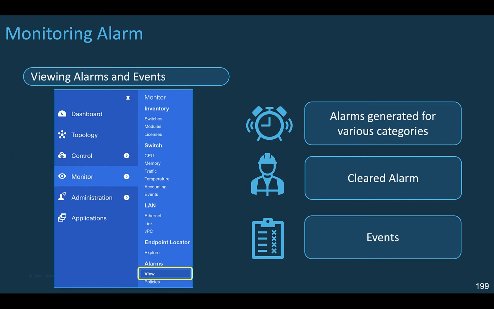For example, you got an out of sync alarm, and in the meantime, you immediately remediate the sync using the config compliance process, right? So the alarm has been automatically cleared. However, you can always retrieve the alarms from the history with its initial criticality level, its creation time, as well as when it has been cleared. And you have a tab that displays all the events being generated for the switches, such as port down, port up, SFP inserted, removed, switch manageability issue, etc.